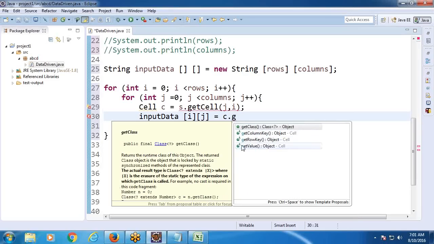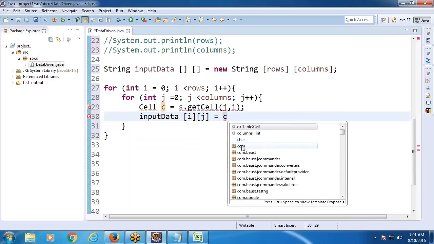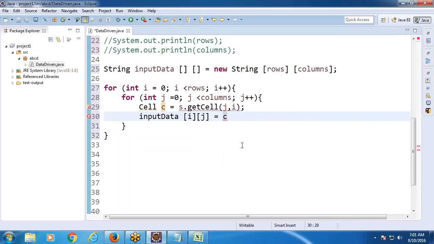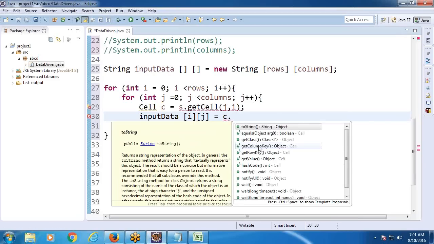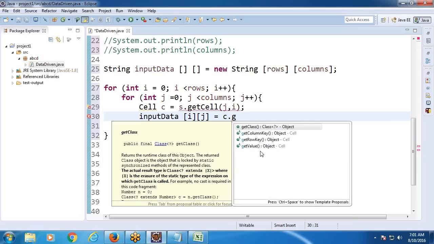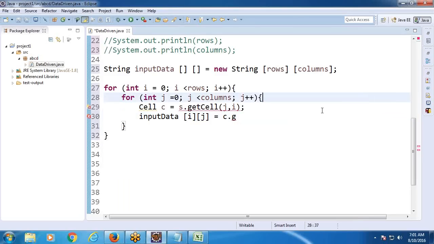It's not populating. getContents, s.getCell. Where is the problem for i equal to